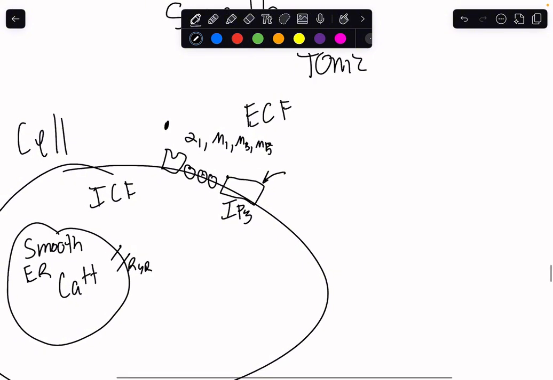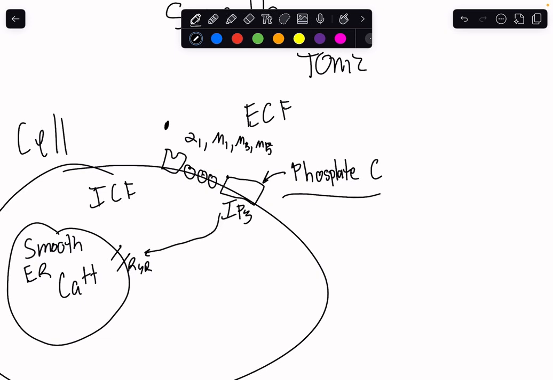But anyways, this G protein has this little cascade, activates this. I think it's like phosphorylate C, something like that. And that releases IP3, and this IP3 is actually going to activate RyR instead of DHP like in skeletal muscle cells. And this will cause it to open, allow calcium to rush out, and that's where we'll get